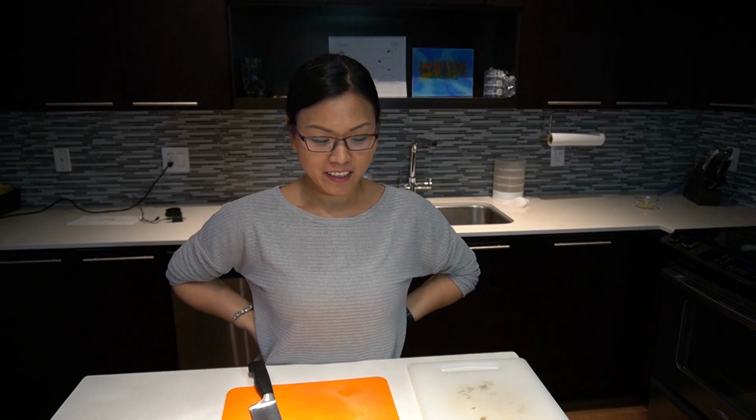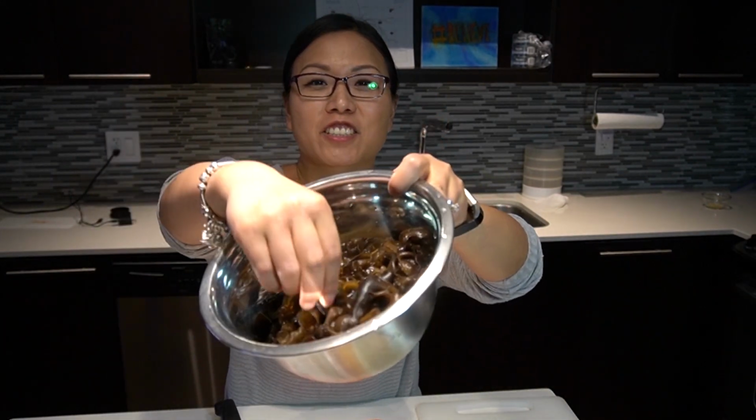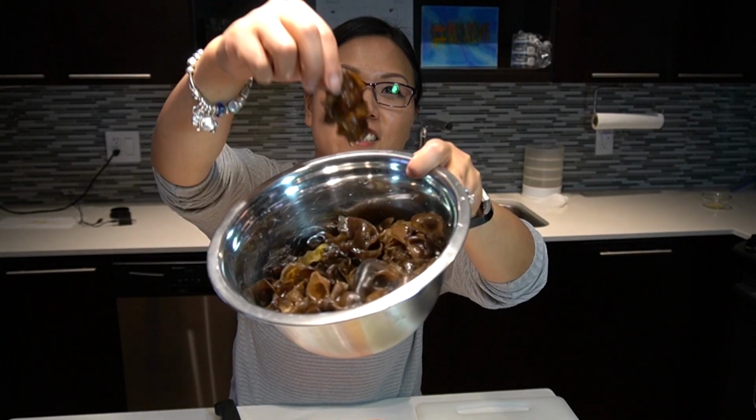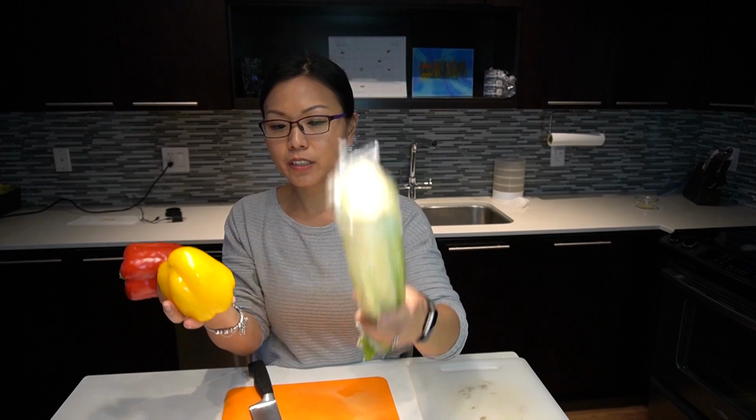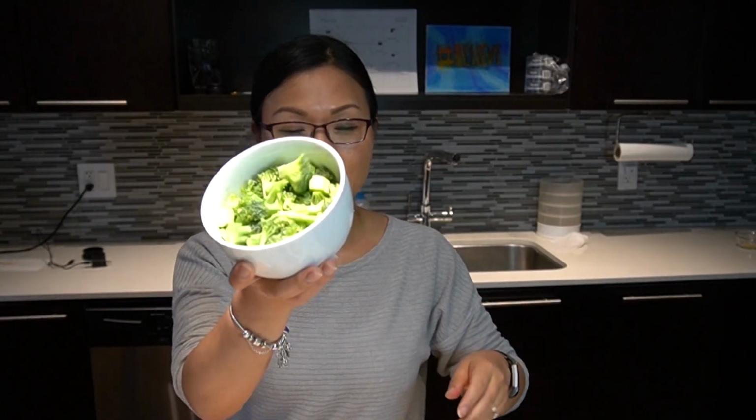Today I'm gonna show you how to make my favorite chicken dishes. Basically it's stir-fried chicken. I love chicken! With fungus. These tiny ones, the small fungus. Mushroom, celery, peppers, a little bit of broccoli. I already cut them up, and then I'm gonna plate it with